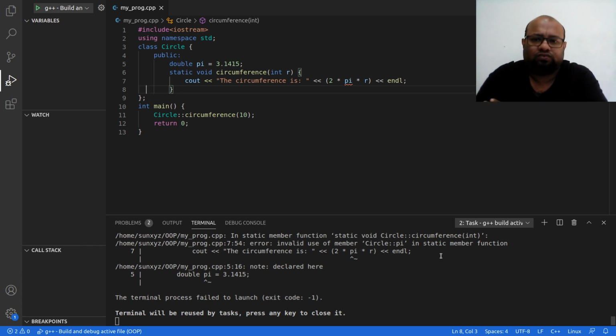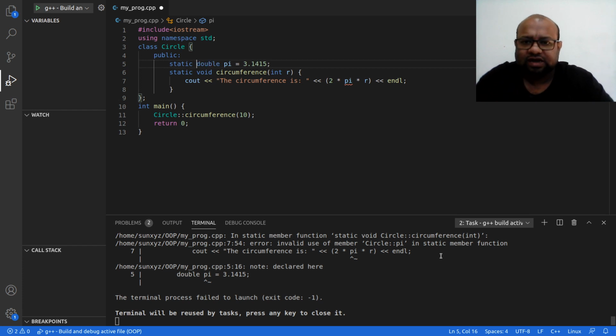Now what to do? I cannot use non-static data attribute inside a static method. So let us make this attribute static. That is something we can do. Now I have made this attribute static.